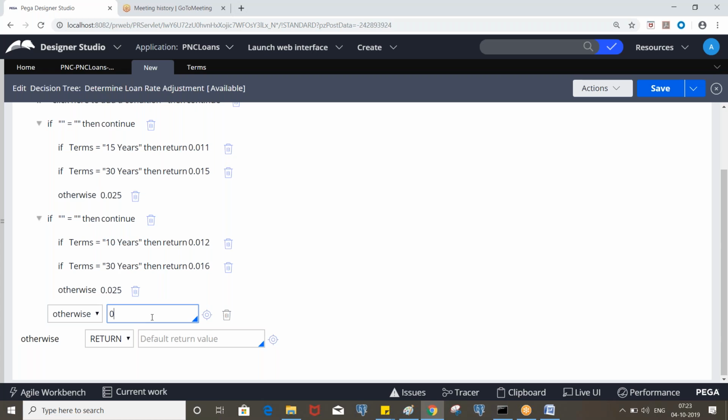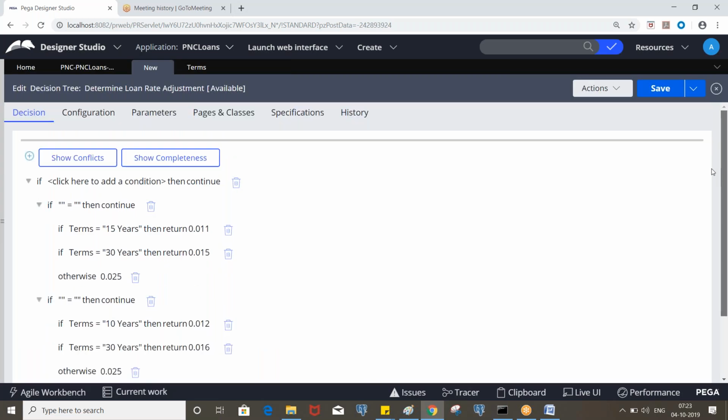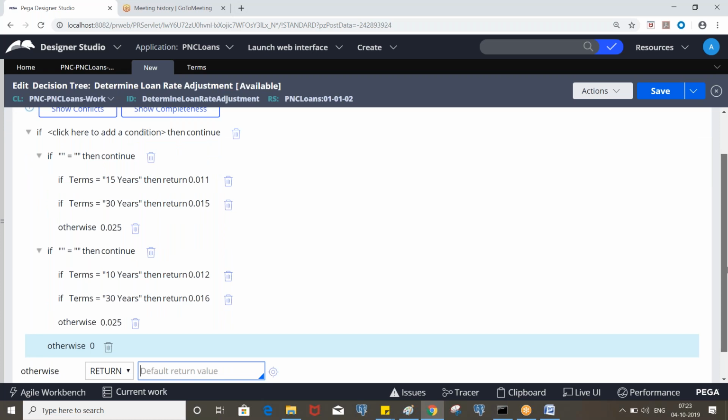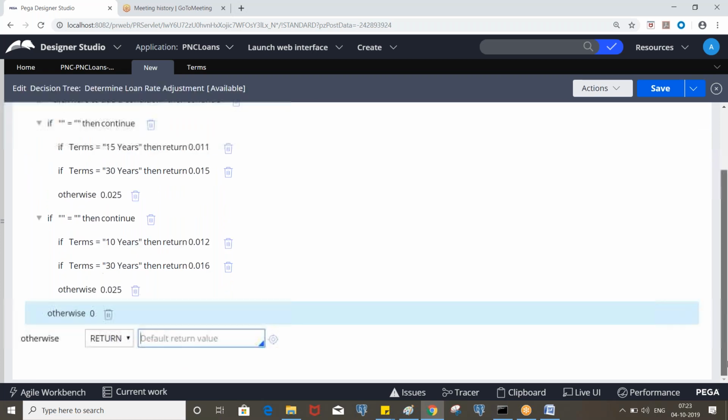Like if it is not purchase and refinance, it will go to otherwise and return this. Okay. And now this otherwise is for if it is not home loan. Okay. So anyhow, we'll be determining the values for auto loan also. If it is not home loan and auto loan, it will return this value. Okay, clear?